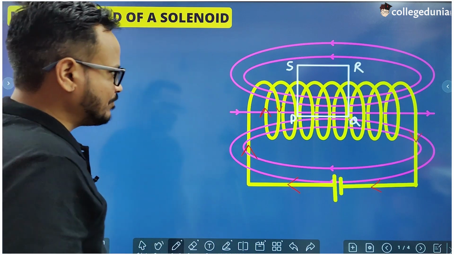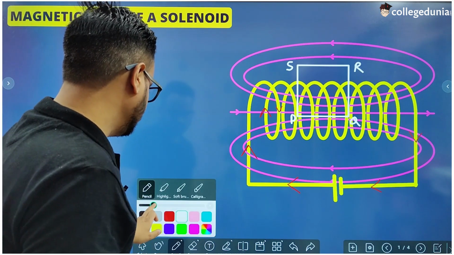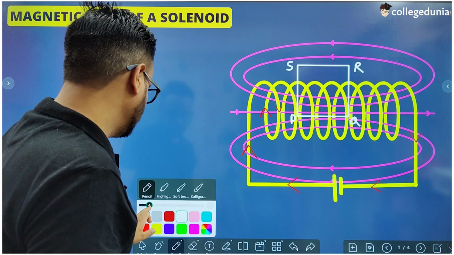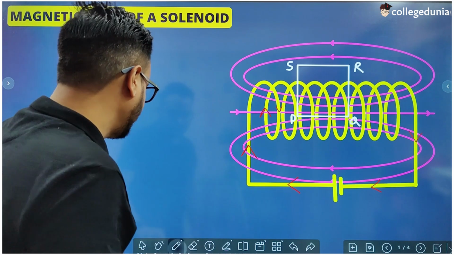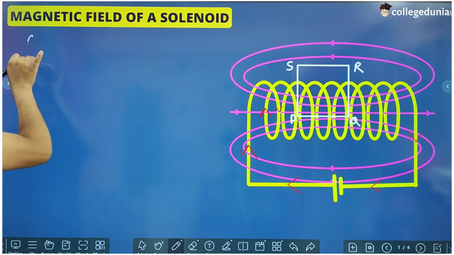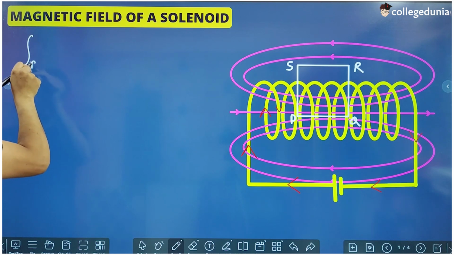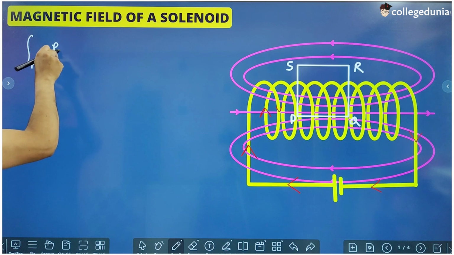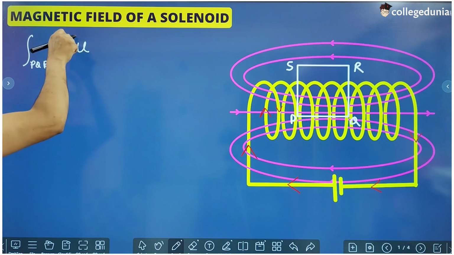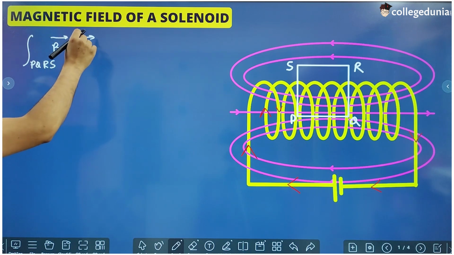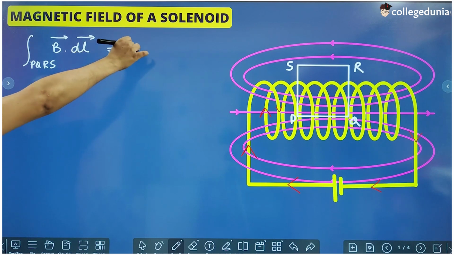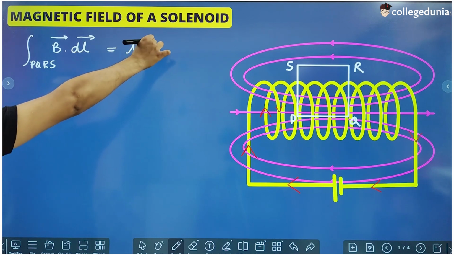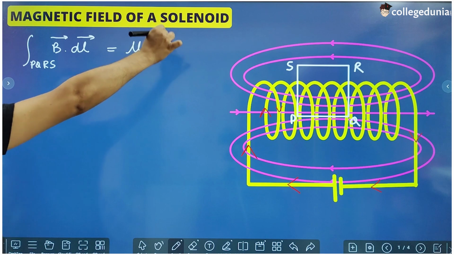Okay, so B dot dl for this loop PQRS should be equal to mu naught I dash.